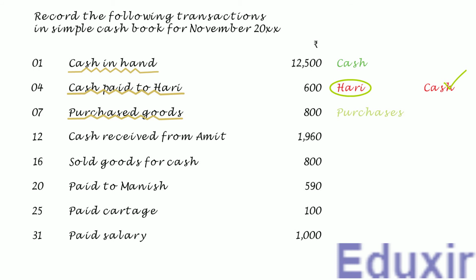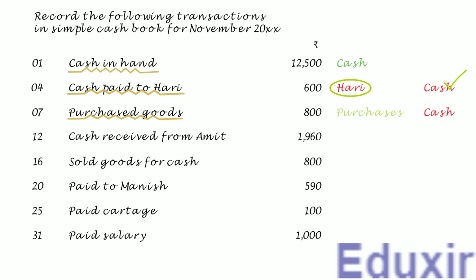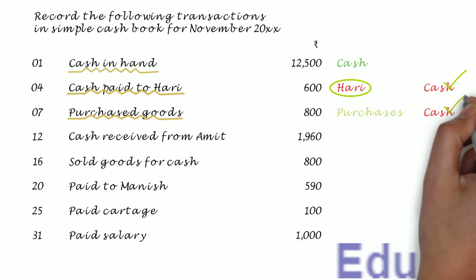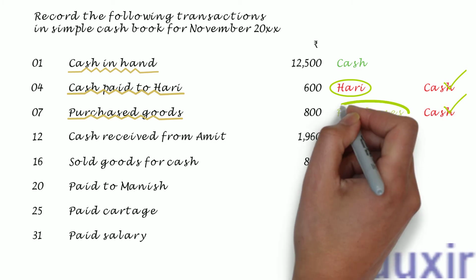At the same time, as these purchases are made by paying cash, the cash asset of the business will be reduced. The rule to record any decrease in the asset is to credit the corresponding assets account. In this case, the cash asset should be credited. In this transaction, as you can see, the cash is on the credit side, so it needs to be posted on the credit or payment side of the cash book. Note that the particulars that need to be posted into the payments column of the cash book is purchases account.